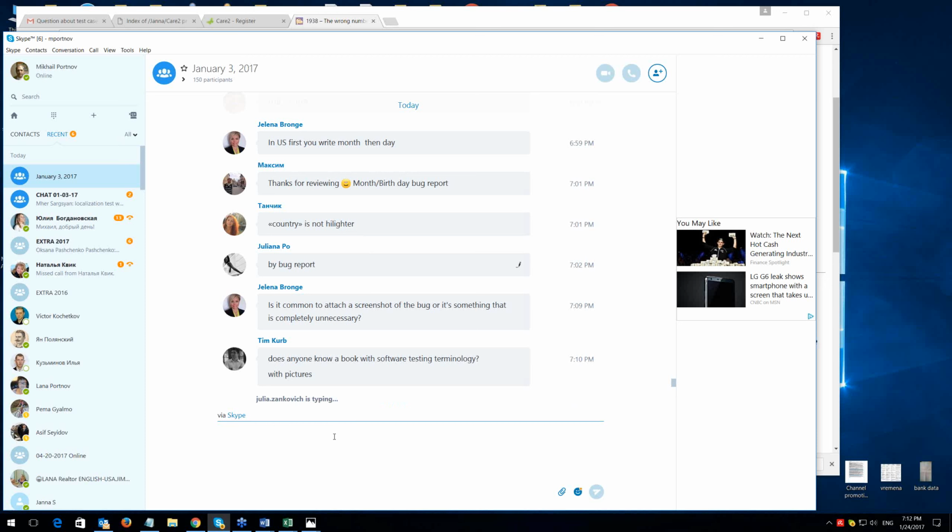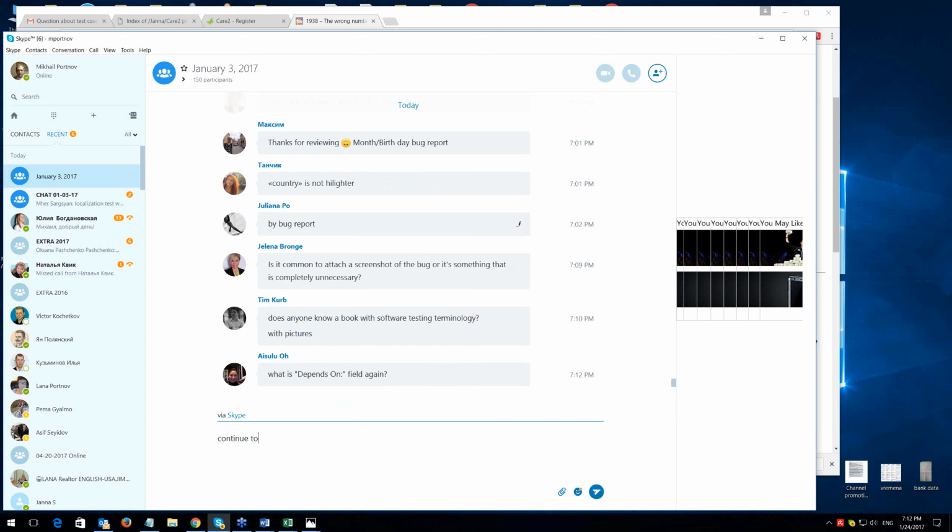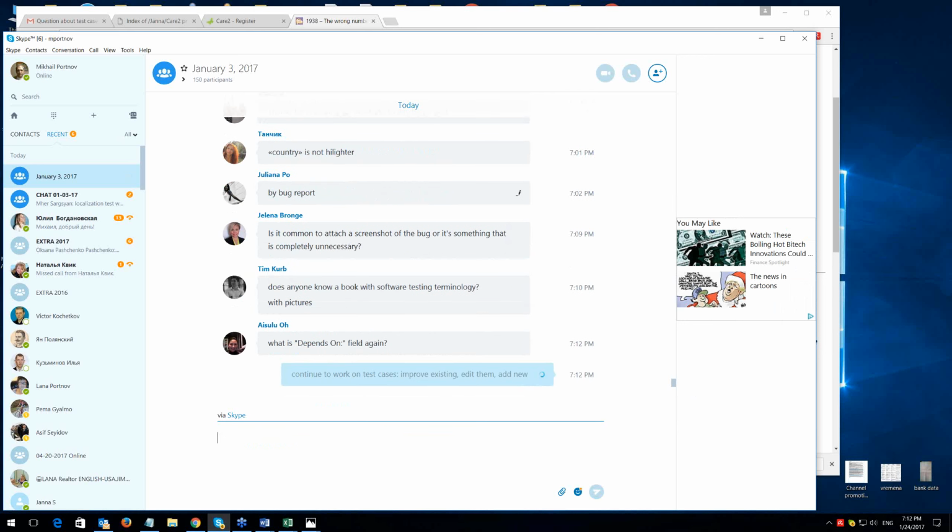Take a small component. So I put: continue working on test cases. What does it mean? Improve existing ones, edit them, add new. Okay, this is first.